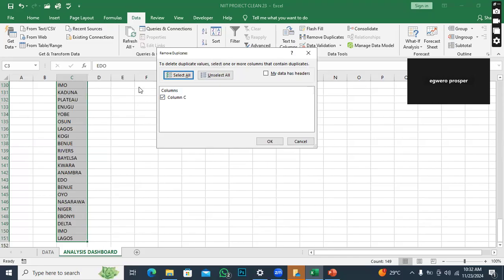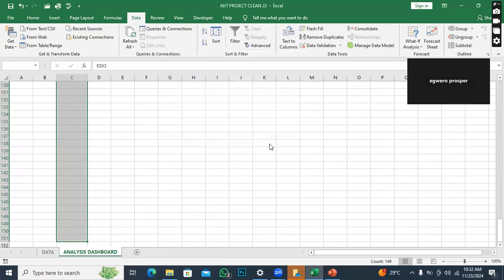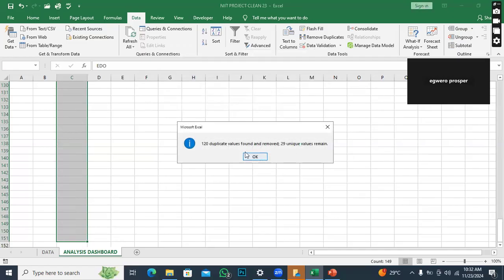Now, because that particular column does not have any label, that is the reason why it's captured as Column C. But we should agree with it, say that actually, those values are in Column C. Then I will just click OK. So the moment I click OK, you can see that Excel has already notified us that it has removed 120 duplicates, and we have how many remaining? So which also means that we have 29